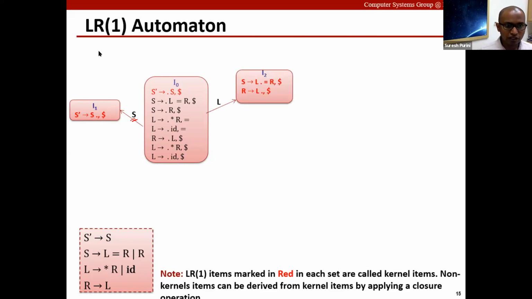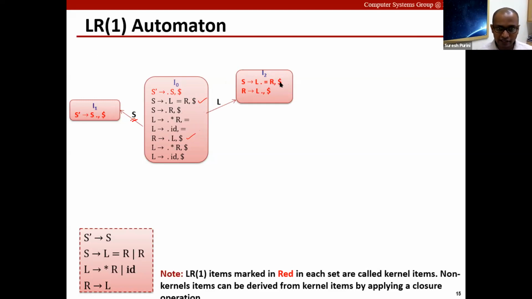So let me come to the goto function a bit later. And let's say if we consume a string that is derivable from L, then this LR1 item and this LR1 item become active. So we move this dot over this L in this LR1 item to generate this LR1 item.